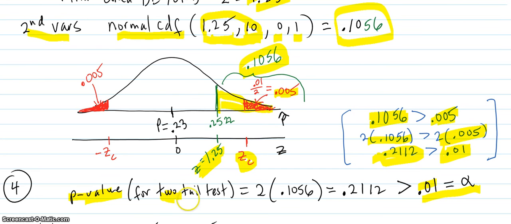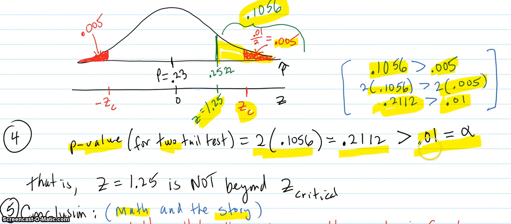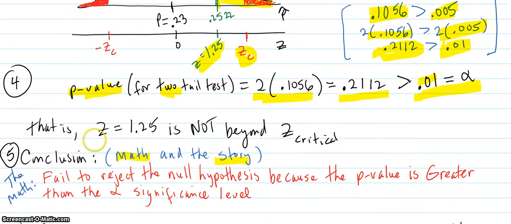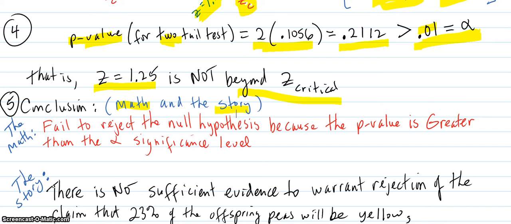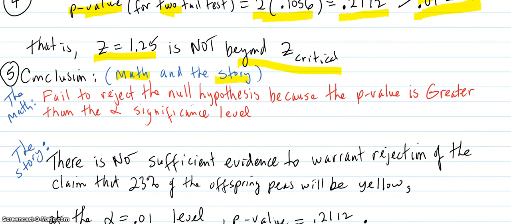So for a two-tail, you have to multiply by 2 with that area to get 0.2112 to compare it to the whole alpha level of 0.01. And you can see it's greater. So I already said that the z of 1.25 is not beyond the z critical, so that's what a fail to reject is like. So then we're going to state the conclusion. In the math, we fail to reject the null hypothesis because the p-value is greater than the alpha